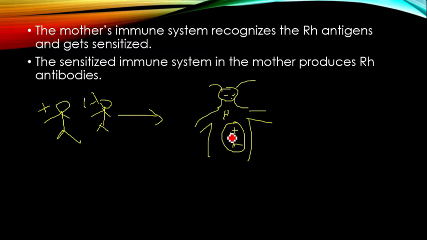See, negative blood is present in the mother and positive blood is present in the fetus. But the mother's negative blood and the fetus's positive blood will not mix because of the presence of the placenta between the mother and fetus. Between the mother and fetus there is a barrier that is called the placenta. The placenta acts as a barrier, hence fetus blood and mother blood will not mix.